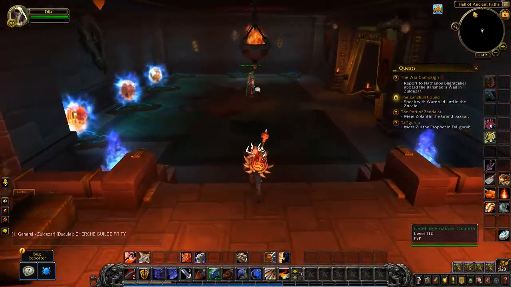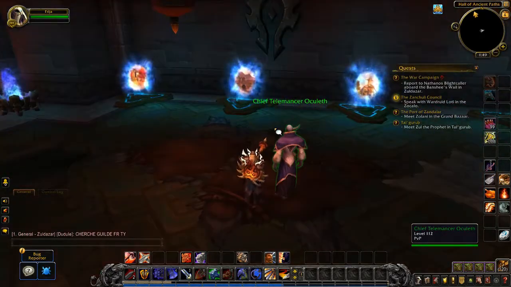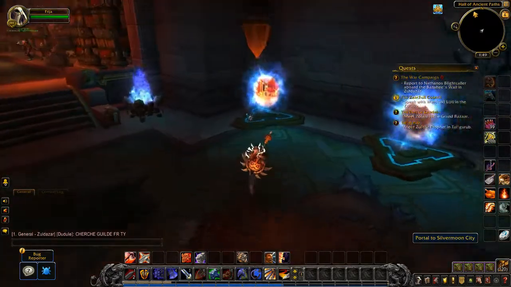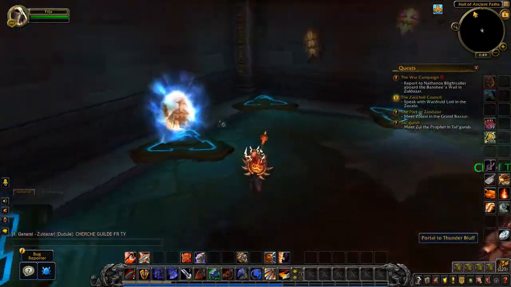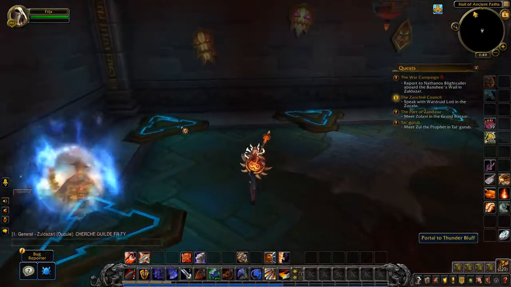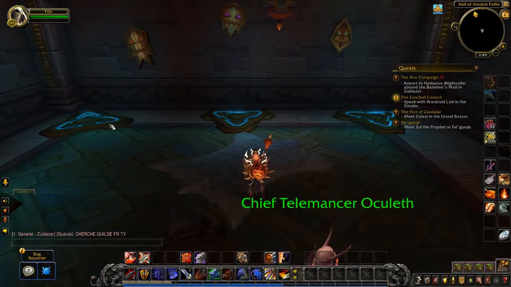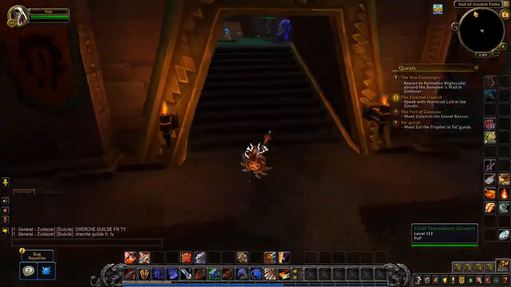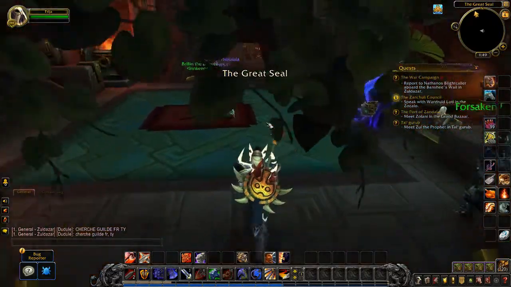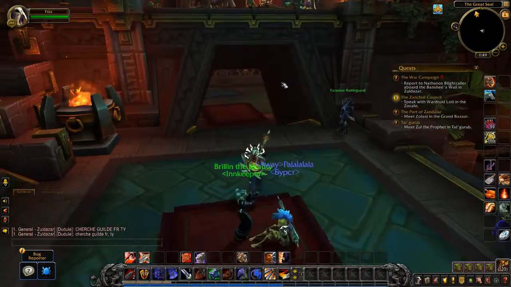And in the other half of the room you will find Chief Telemachus Oculus, and he has portals to Silvermoon City, Orgrimmar and Thunder Bluff. And there are 1, 2, 3 other teleport portals, which I presume will all open up to the 3 zones that you will find here in Zandalar. And if you head into the steps here, you're back in front of the Great Seal,